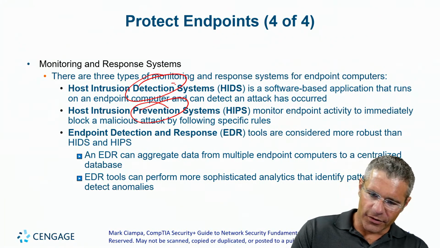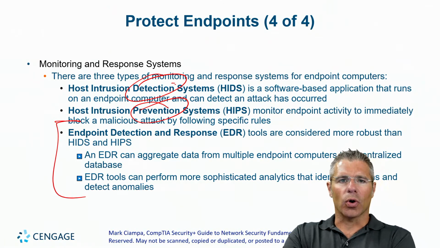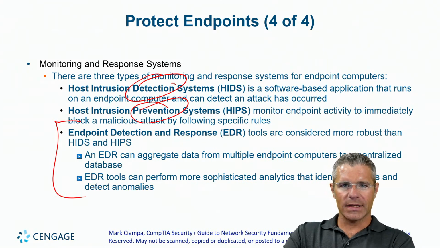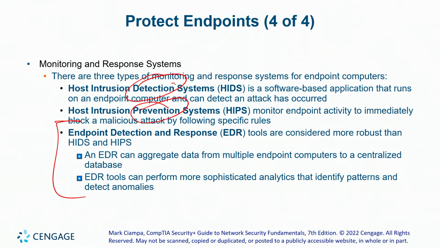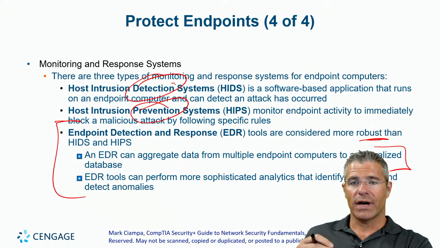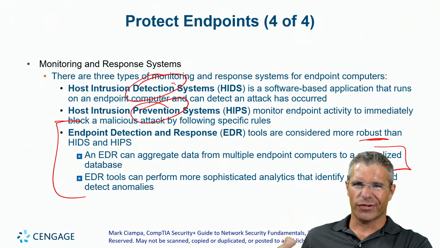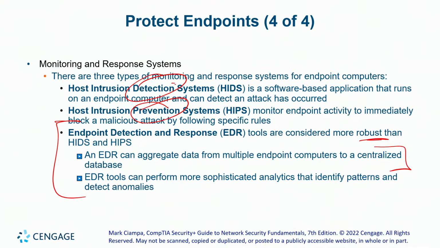The new hotness these days is EDR, or endpoint detection and response. Those generally are integrated into more robust systems that might include not only the stuff from the EDR tool, but from other tools that you have in your network defense arsenal. So these tend to be enterprise level systems. And then we'll be able to detect anomalies and analysis.